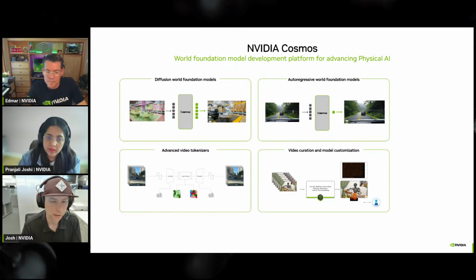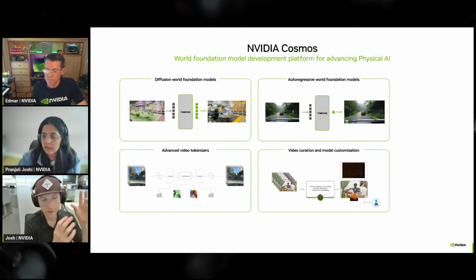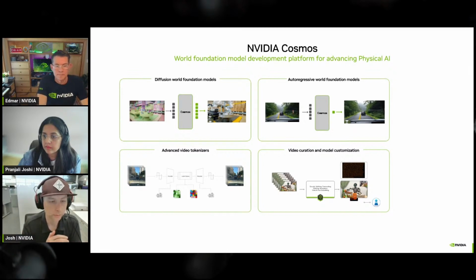But at the top, that's what we're offering there. And any of these foundation models can be built upon with post-training, fine-tuning, this sort of thing. We've also launched our tokenizers on Hugging Face and GitHub, and these can all be pulled as well. You can think of a tokenizer as sort of like a codec. Ultimately, we need to train and inference efficiently with our transformer model architecture, and the only way to do that is to transform the higher dimensional video data into lower dimensional latent space and also decode it. And so our tokenizers play that role there.